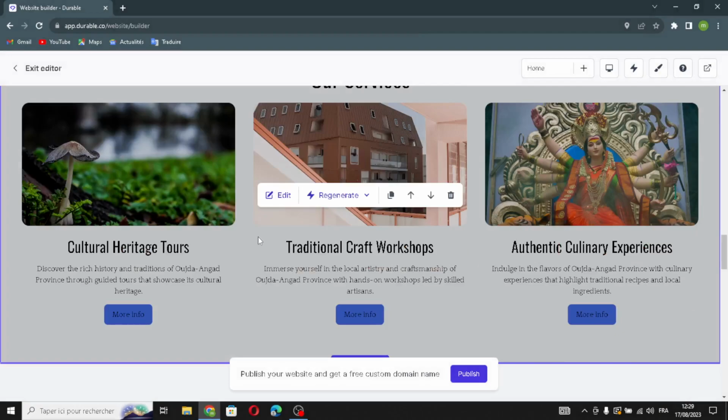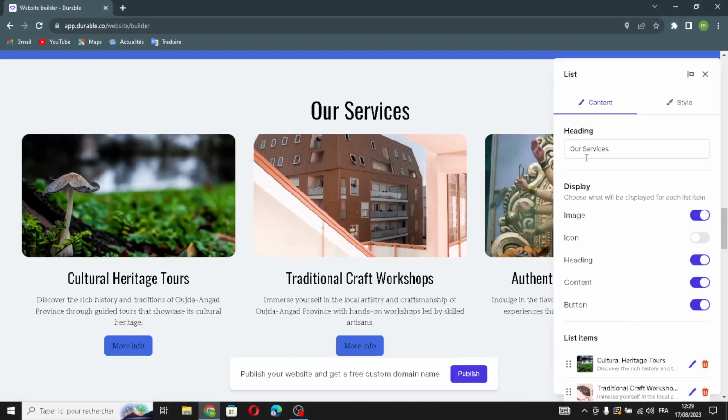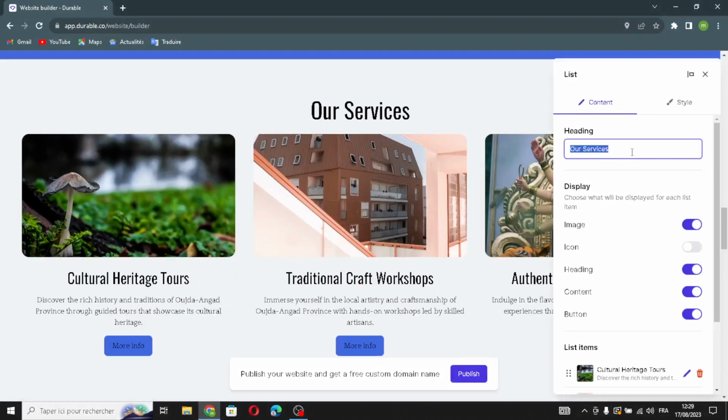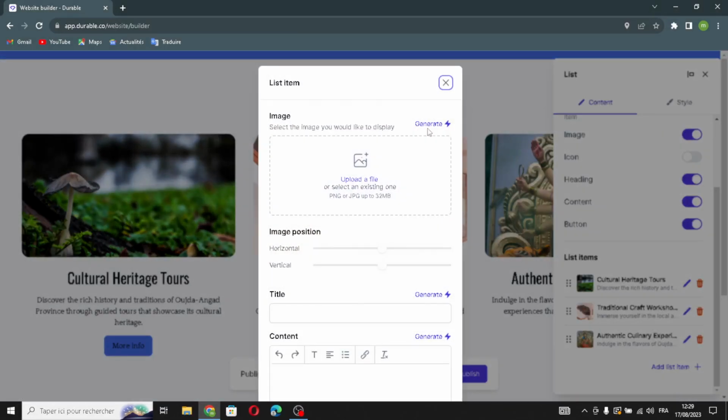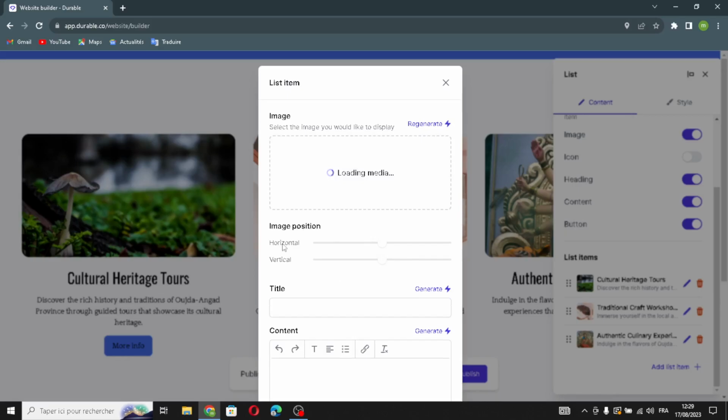The next section is the list of the website. You can edit it from here. If you want to change this, if you want to manage your display settings, choose what will be displayed for each list item. So here if you want to manage your list items, you can manage it here. And if you want to add the list item, here you can generate image. You can edit the image position,